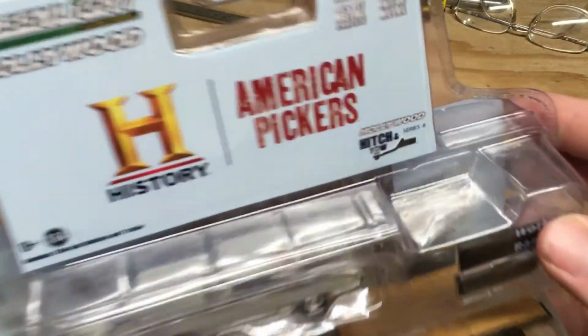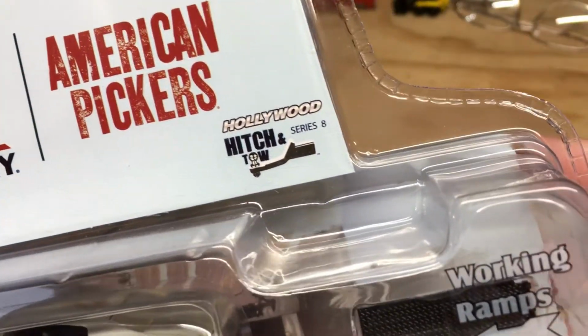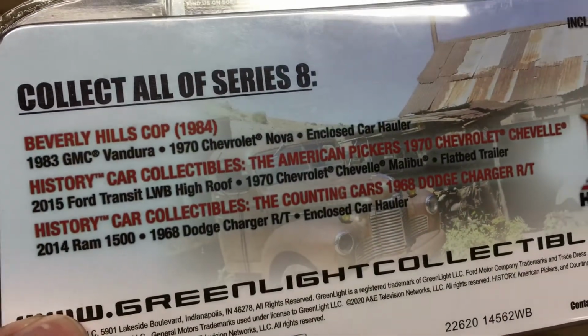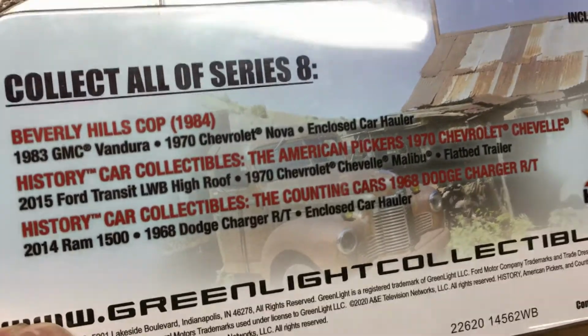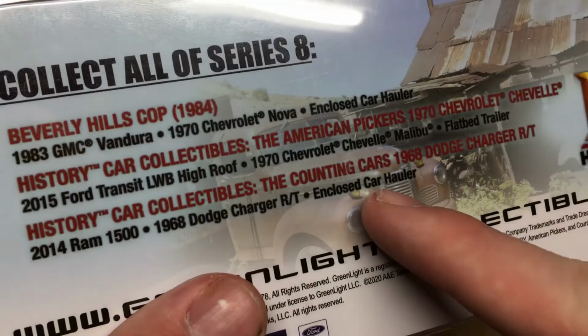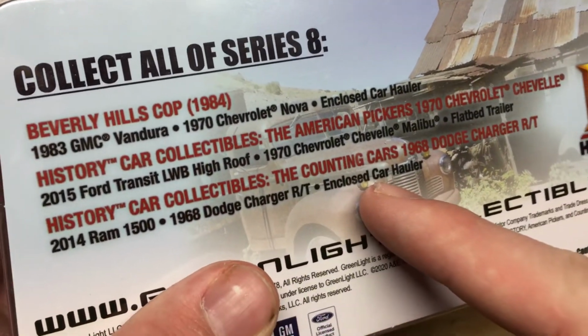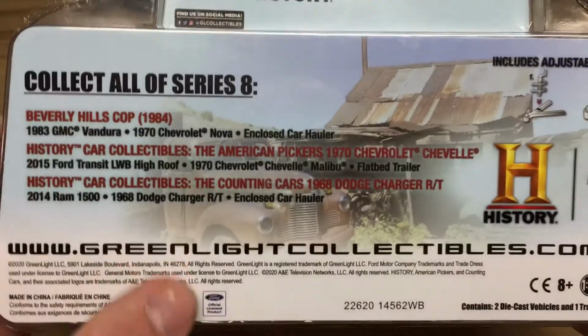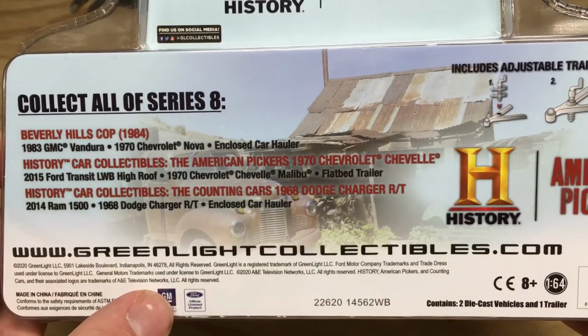So looking at the box, we can see that this set is from Series 8 of the Hollywood Hitch Tow series, and going around to the back of the box shows the other sets that are available in Series 8. And I have seen the Counting Cars one, although I'm not interested in getting it just because I wasn't impressed with what was included. And that has been a bit of an issue of mine with the Greenlight Hitch Tow